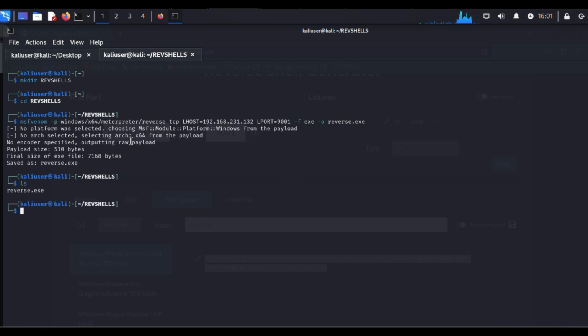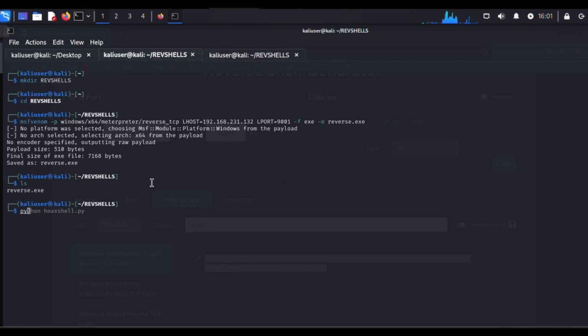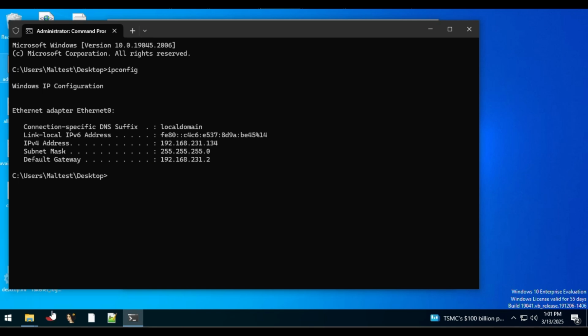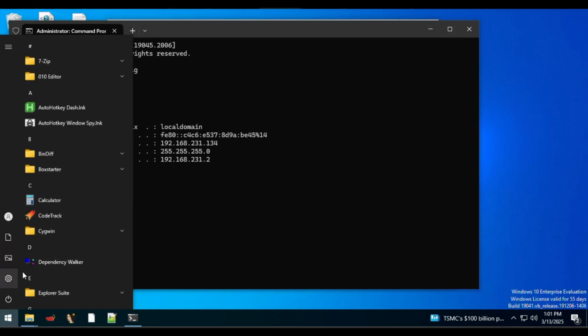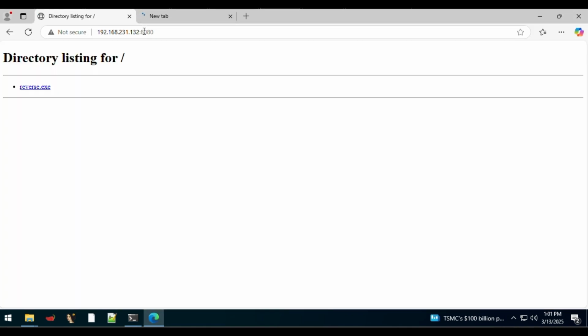So how did we get this over to our machine? Well, you see that I went ahead and ran my Python web server, and since we're on the same network, I can actually ping. This is similar to an internal penetration test. So I wouldn't be able to ping the other machine if it was on a private or internal network. So I went ahead and brought that file over,